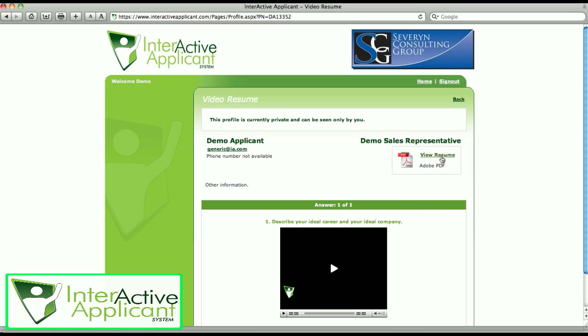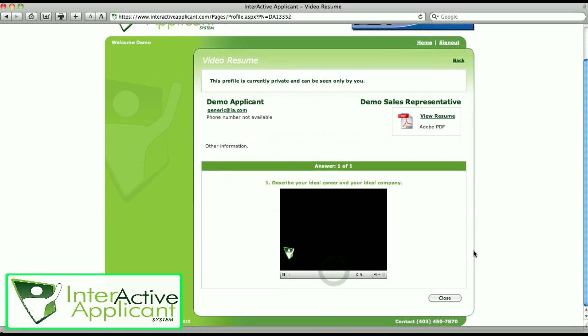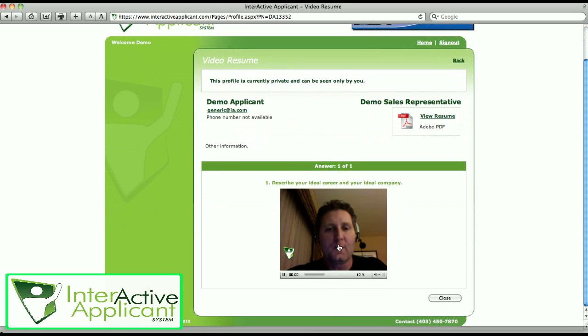And they will be able to pop open the resume. Here's your information, and there's the question and the answer. They would simply click on it on the bottom, and they'll be able to now see you, and they'll be able to see your resume at the same time. So your video resume would be complete in this case. So if you like everything you see, you can simply close out